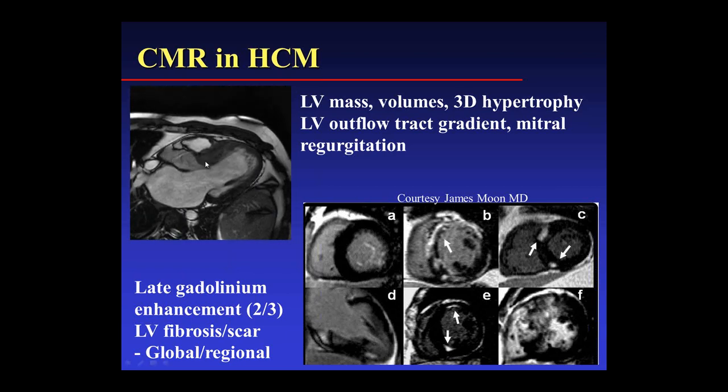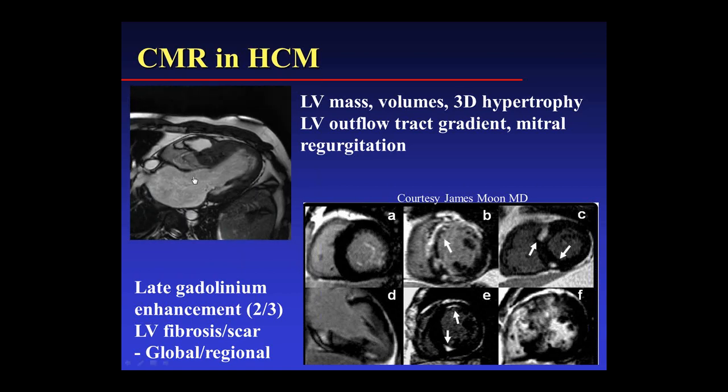On this image as well, we see the classic finding in obstructive HCM with what's called SAM, or systolic anterior motion, of this mitral valve leaflet, causing outflow tract obstruction here in the left ventricular outflow tract. That is demonstrated as that turbulent black jet of flow going towards the aortic valve. In many patients with HCM, that outflow tract obstruction is associated with shortness of breath or chest pain with exertion.